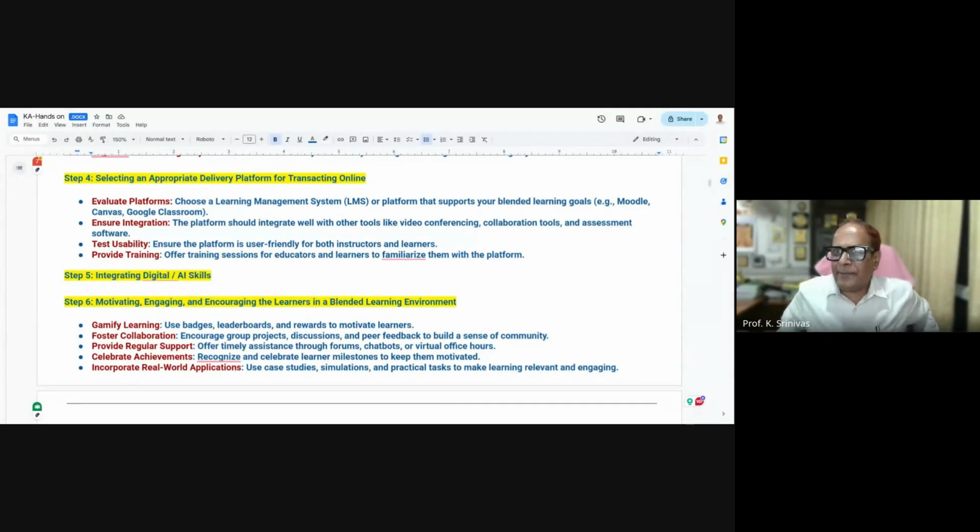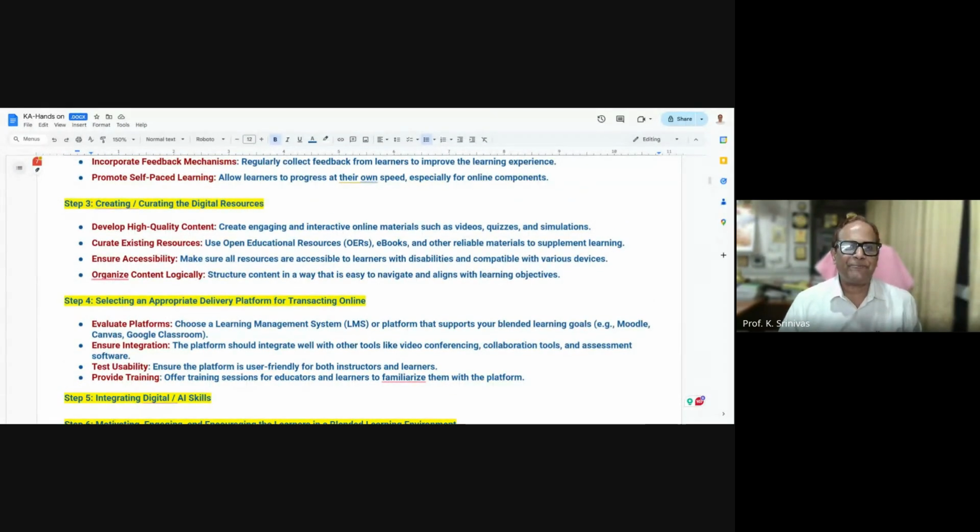And many times people say, no, sir, I am not a technologist. We are all using the latest gadgets, latest phones, but it's nothing to do with being a technologist. It's only how to use it. The skill is important. So these are the steps. Now the question is, how do we implement this? Let's start with